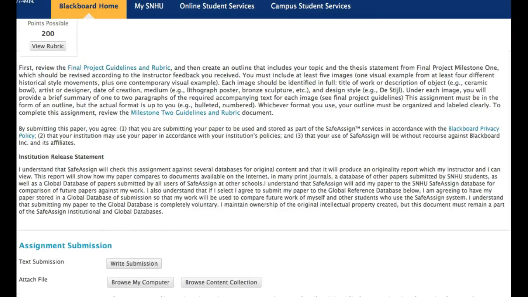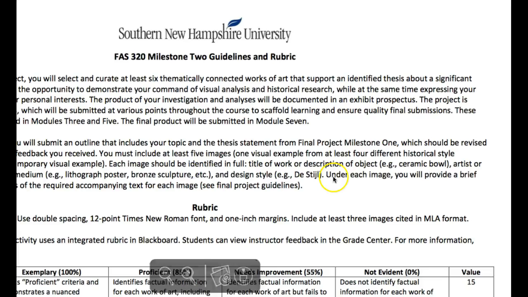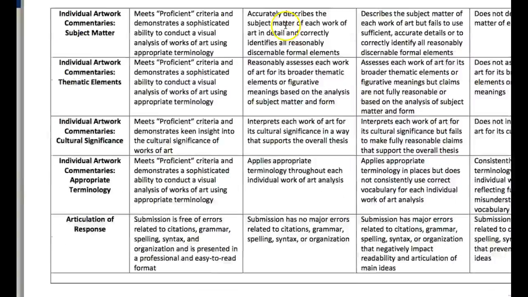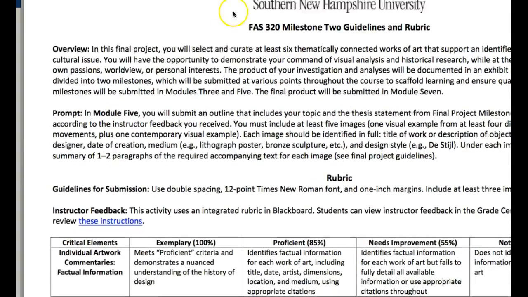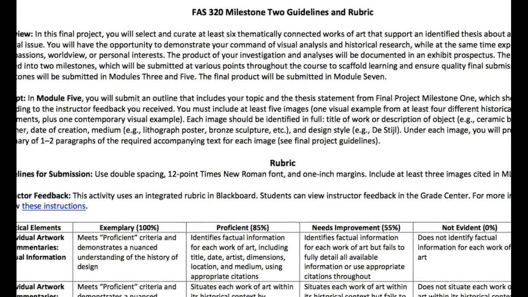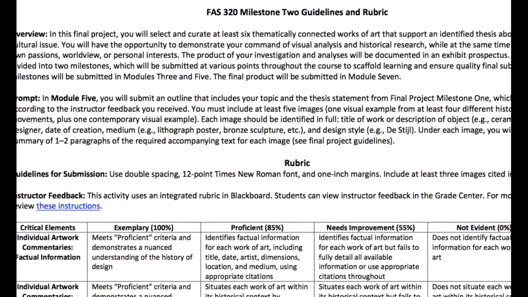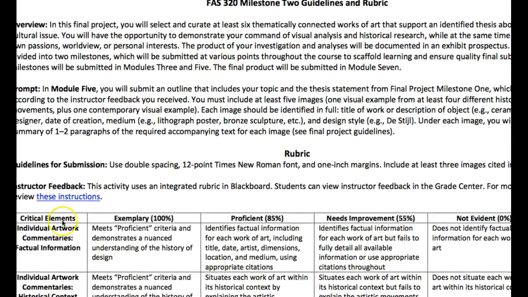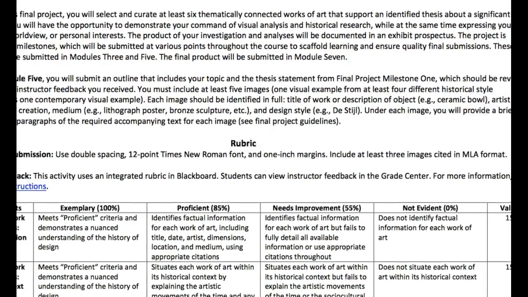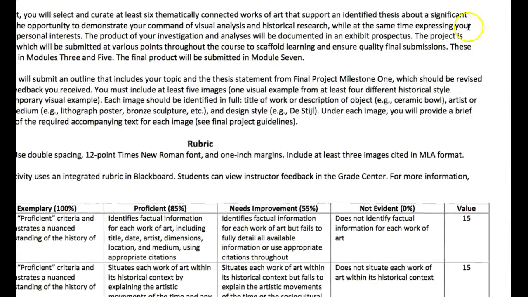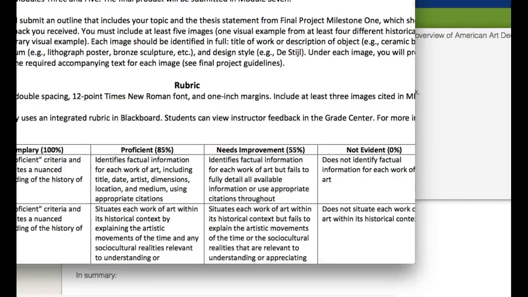I don't want to look at that. I wanted to look at the milestone 2 guidelines and rubrics. So let's bring that up and see what we have here. Okay, you select, so prompt module 5. Hang on one second. Sorry about that. This milestone is basically a continuation of milestone 1, which was basically an